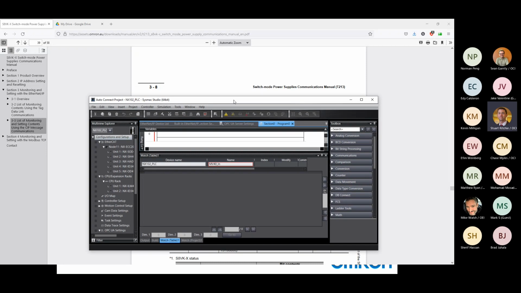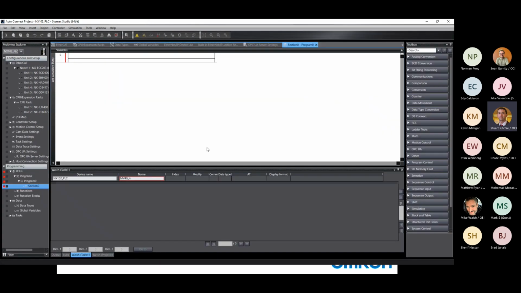So all of our explicit message functions are built into Sysmac Studio out of the box. And I've got an NX102 PLC here, and it's a blank project. If you're going to be playing along with me, I suggest you do it on a blank project so we don't interfere with everything we've been doing so far here. So I'm just going to go to a blank project, a blank section, and I'm going to add a rung of code. And for this type of explicit messaging,